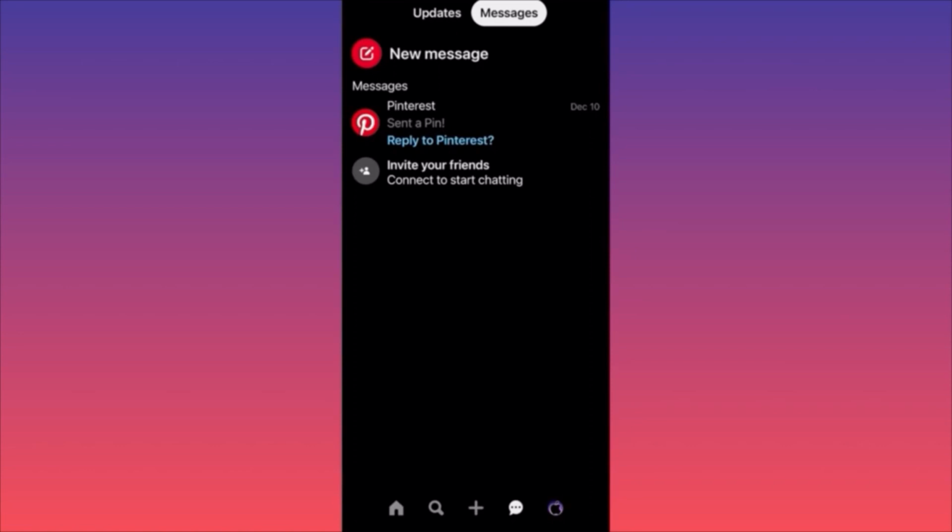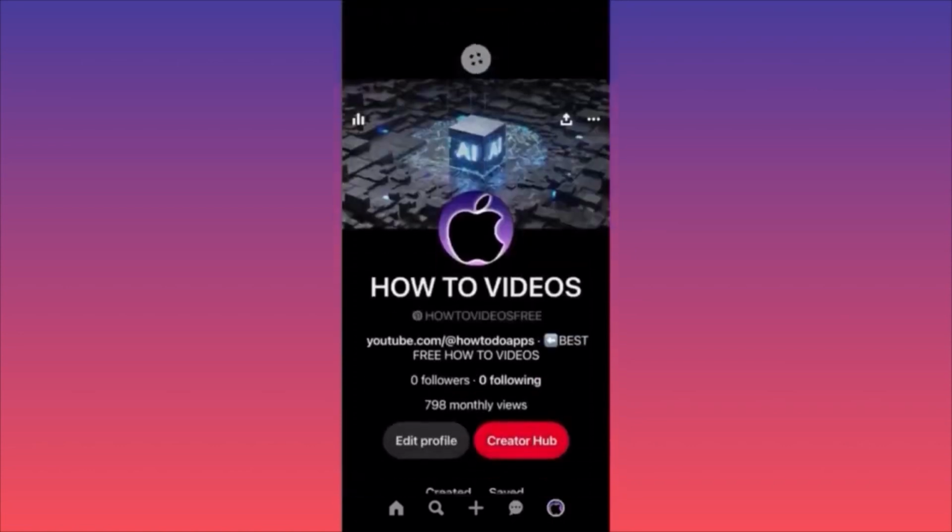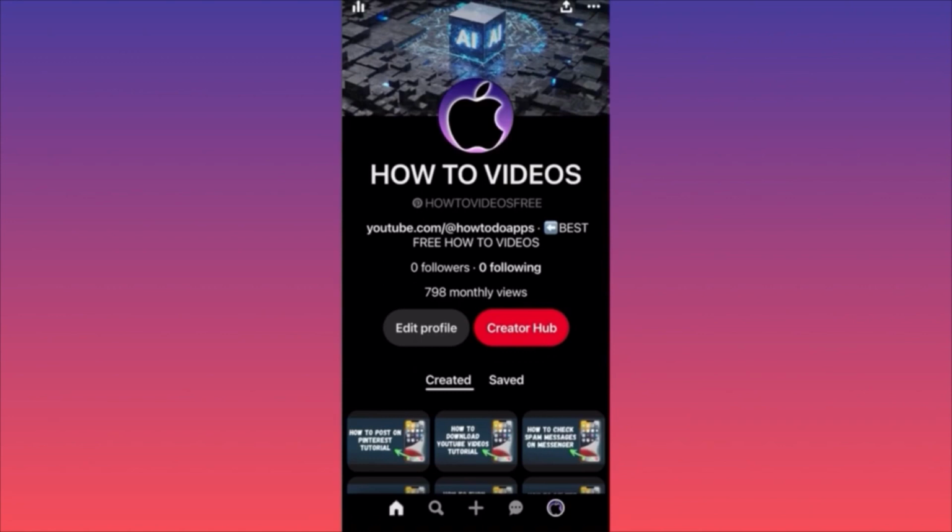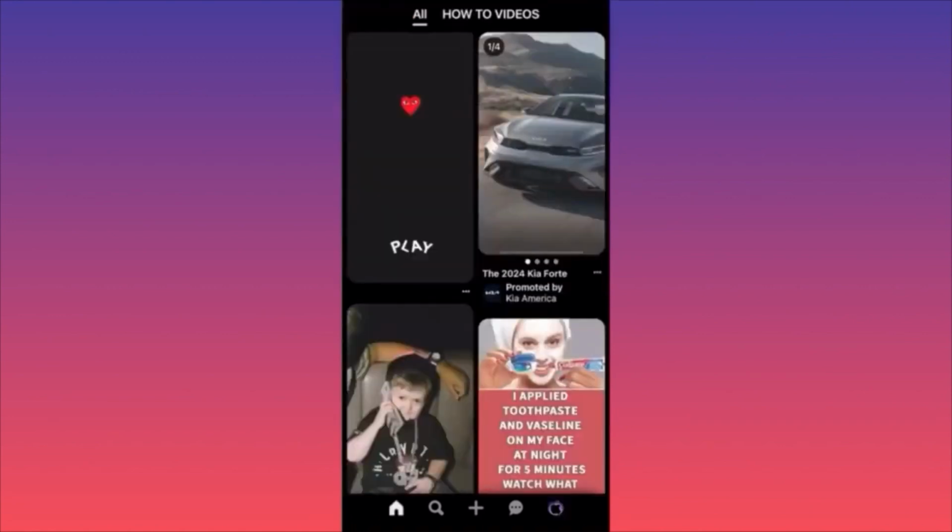And the last icon, of course, is your own profile where you create content. And Pinterest is very different in terms of generating leads, or at least attracting certain attention. It might take up to 3-4 weeks to see the first couple of views on your photos or videos. So be patient. I would say a little more patient than TikTok or any other short form content medium, because